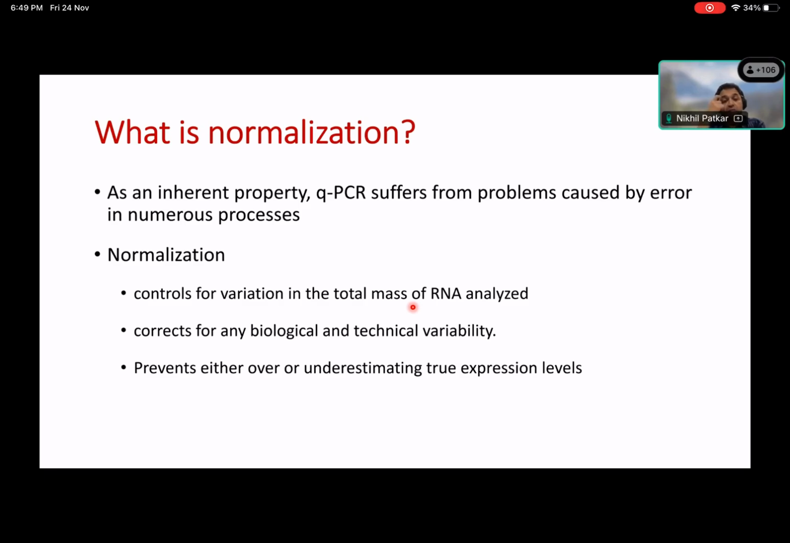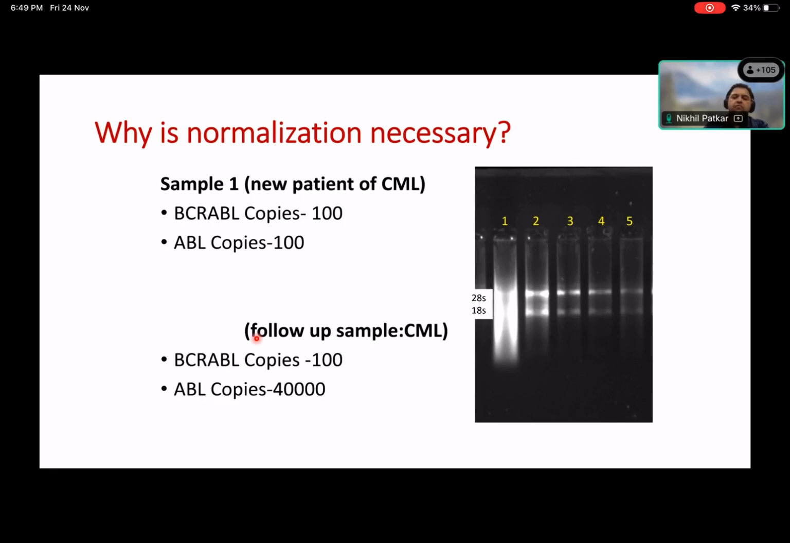But as I said before, you also require a control gene to normalize this, because as an inherent property, qPCR suffers from problems caused by error in numerous processes. Normalization helps control for variation in the total mass of RNA analyzed, corrects for any biological or technical variability, and prevents over- or underestimating expression levels. Let me give you an example. In a patient with BCR-ABL who is newly diagnosed, you have 100 copies of BCR-ABL and 100 copies of ABL. In another patient, a follow-up sample, the number of BCR-ABL copies is 100, but ABL copies are